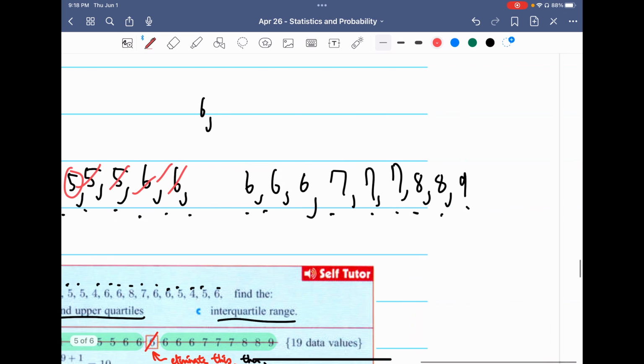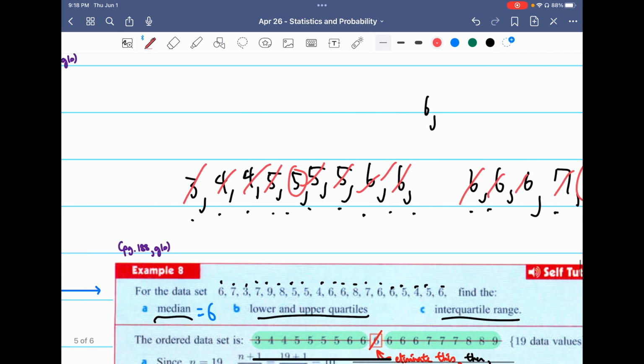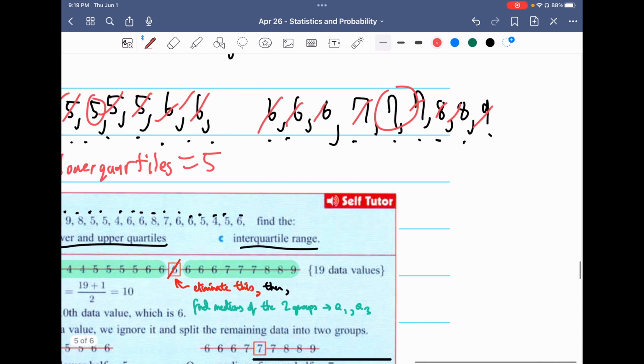So we have 5 here. And then let's see. 1, 2, 3, 4, 5, 6, 7, 8. We have 7 here. So the lower quartile is 5, and the upper quartile